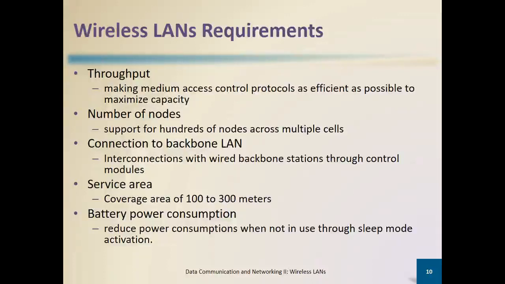We also look at service area. The coverage is very important. How much area can your wireless LAN cover? You have to think about some of these as requirements. What do you need? If you're going to support a given radius, the question is how big should that radius be? In this case, the average coverage for wireless LAN requirements should be within hundreds to 300 meters. When you start going beyond that, you're looking at signal degradation, call drops and what have you.